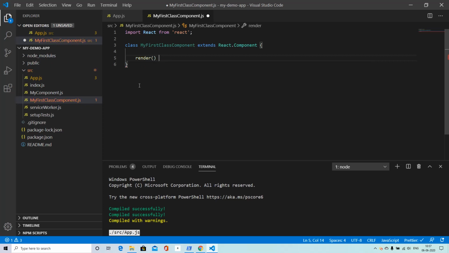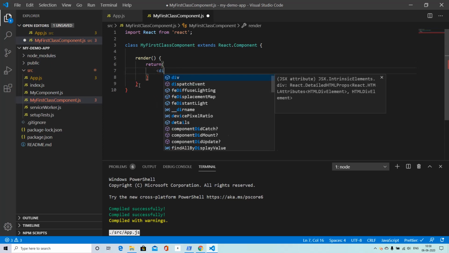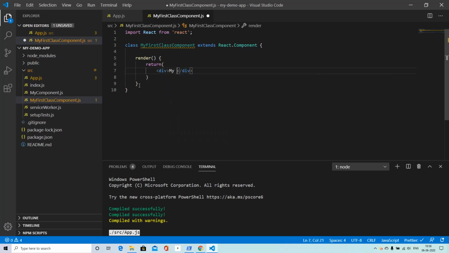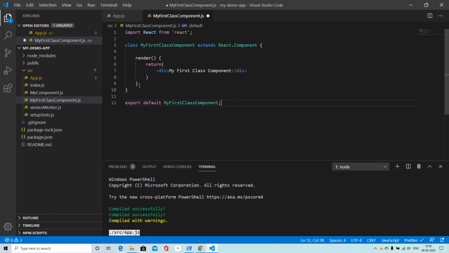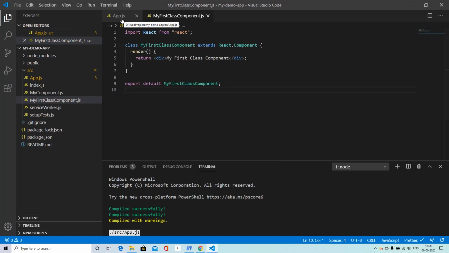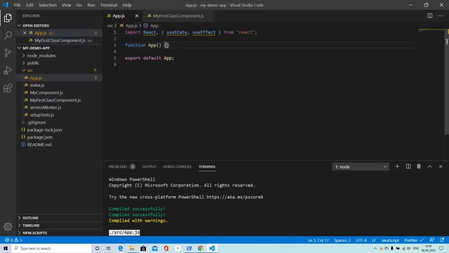Class component should always have a render method, so we'll put one, and this render method is going to return some JSX. In this case, it will simply be a message like so. And finally, we are going to export this component. And then we have to basically import this component in our